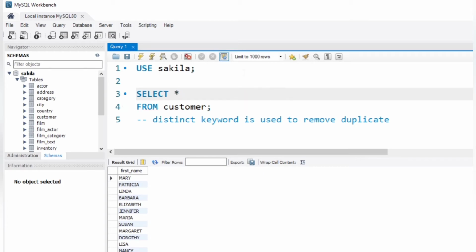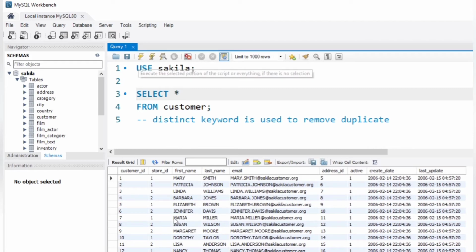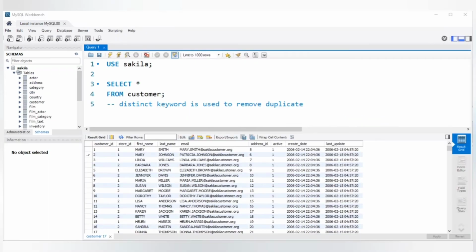Let me look at the entire table now. Okay, to help you understand, I will change this first name column, second row. I will change this to Mary, because in the first row we have Mary as the first name, so we will copy that. So it is a duplicate now.